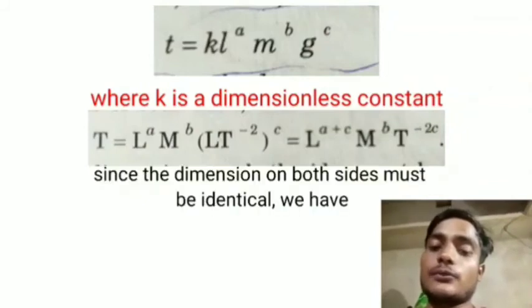Then T equals L^A, M^B and (L T^-2)^C. Here the dimension of length is L, the dimensional formula of mass is M, the dimensional formula of g is L T^-2. Since the dimensions on both sides must be identical,